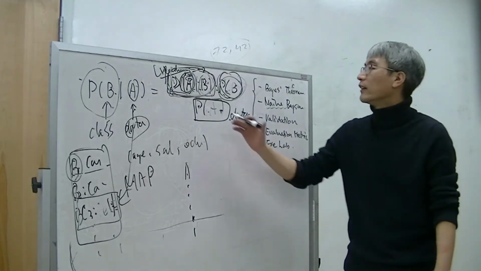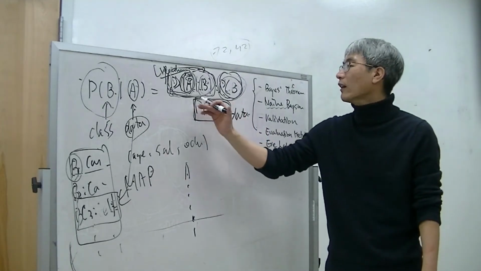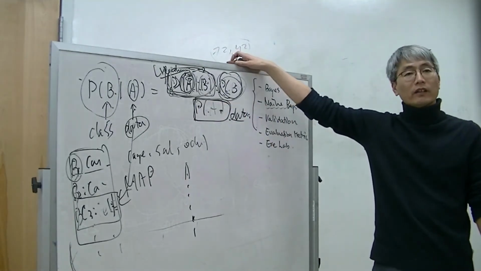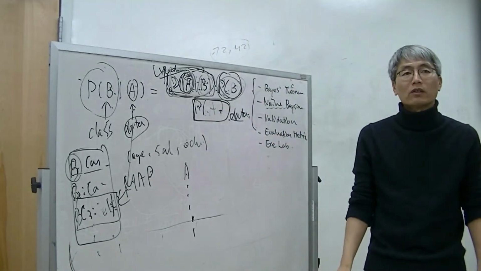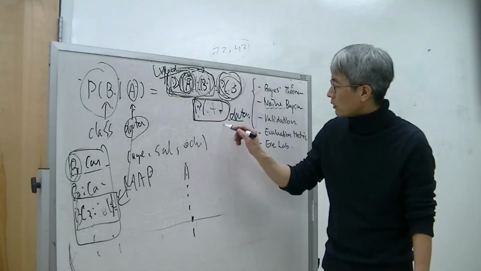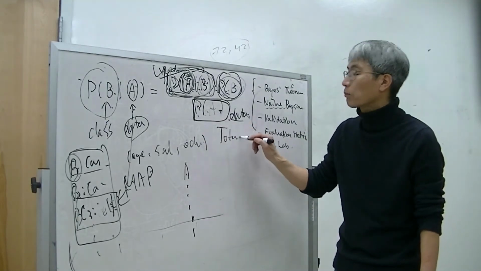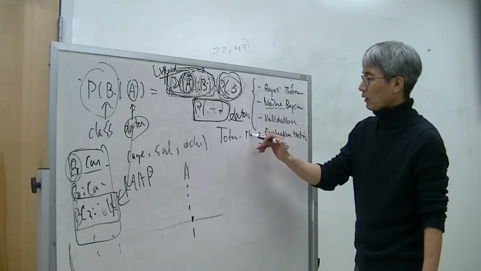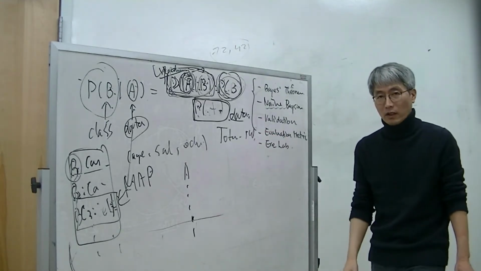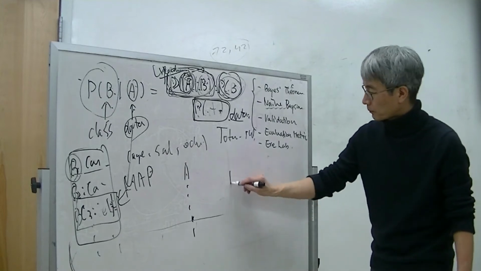Okay. Then what is this one for? It's data. Data means, what is the probability of A? So when we talk about this, it's the total probability. It's not a theorem, it's a rule. The total probability rule. So for example,